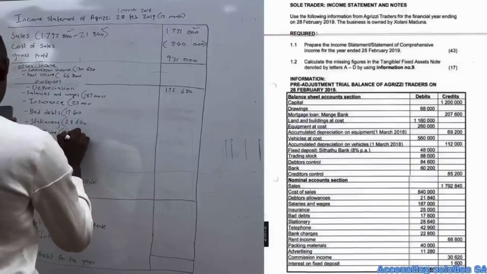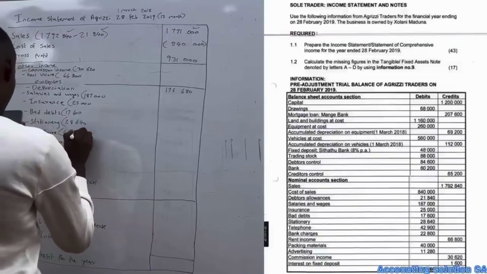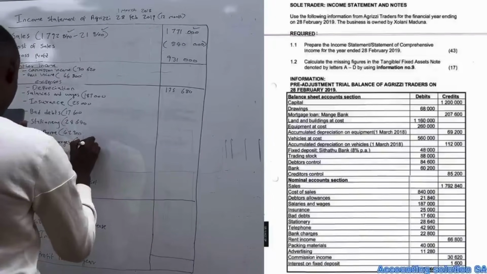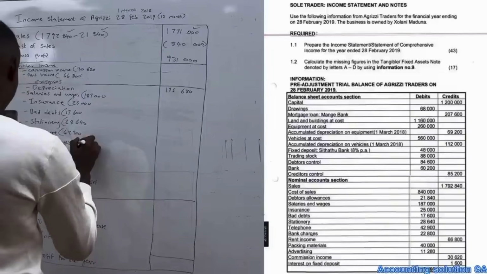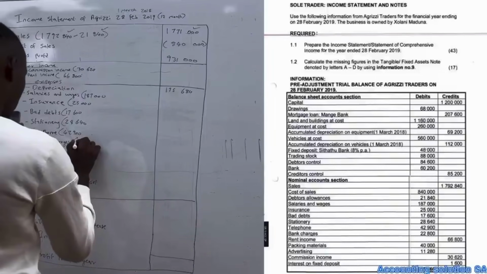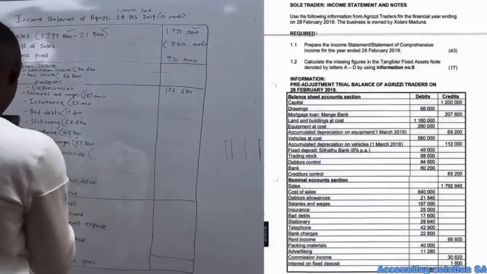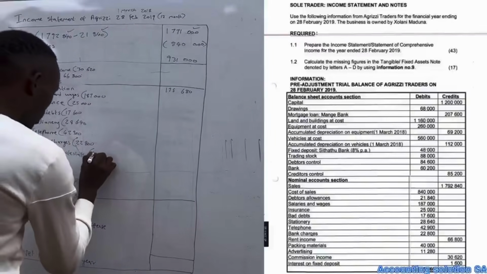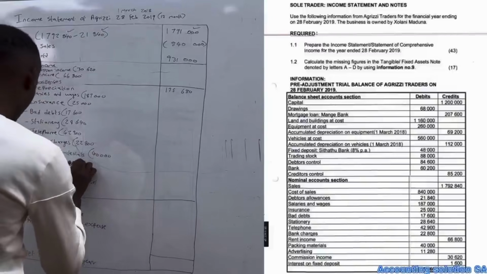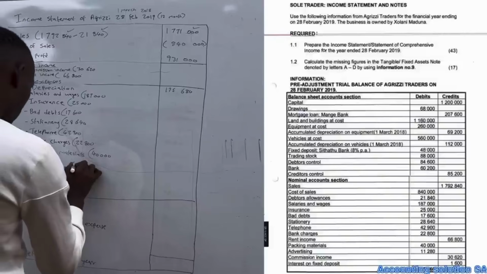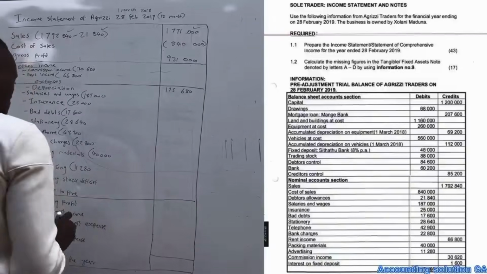Telephone, we have 42,900. Bank charges, we have 22,800. Packing material, we have 40,000. Advertising, we have 11,208. Okay, then